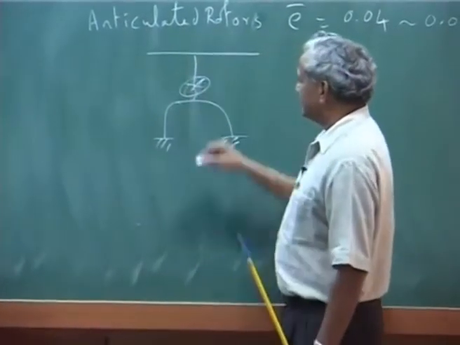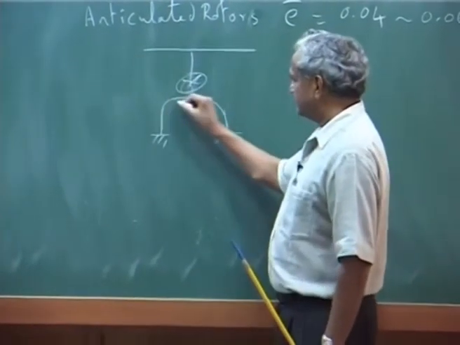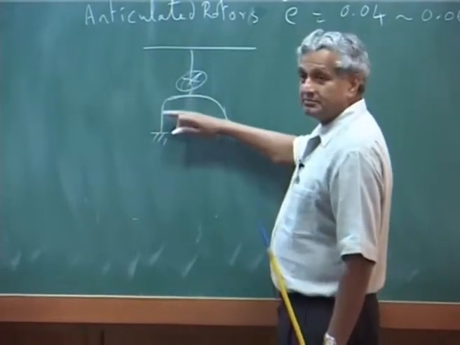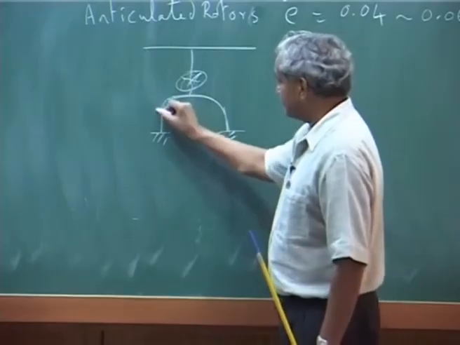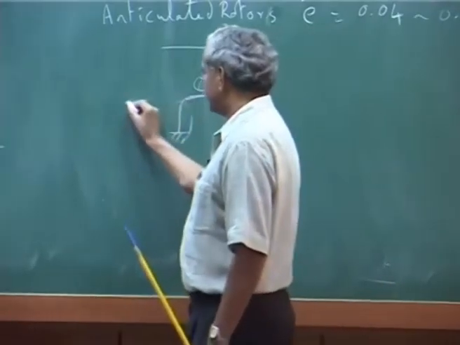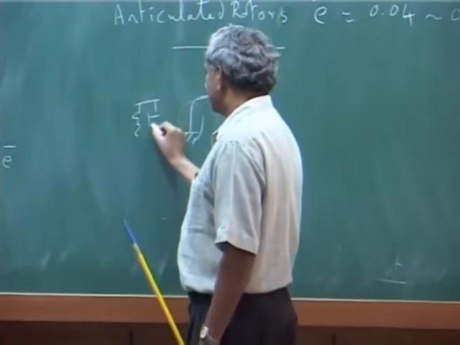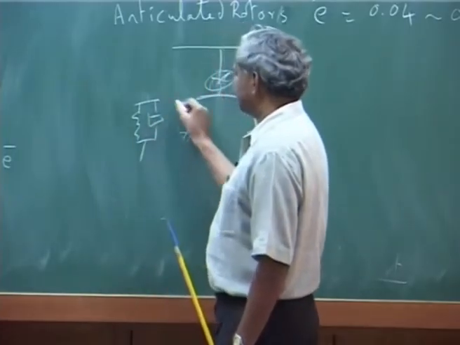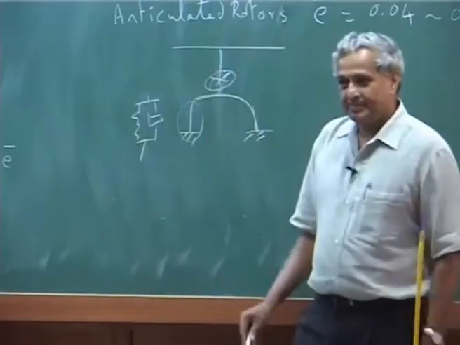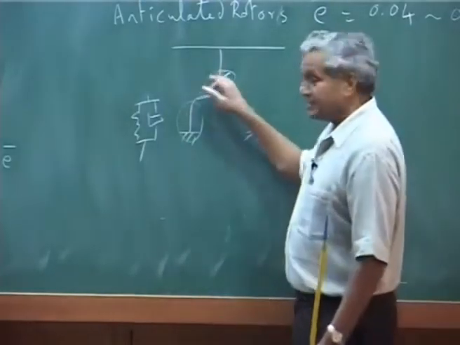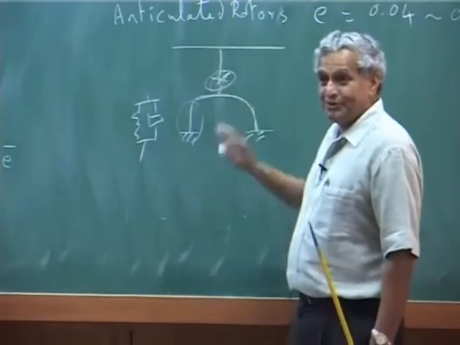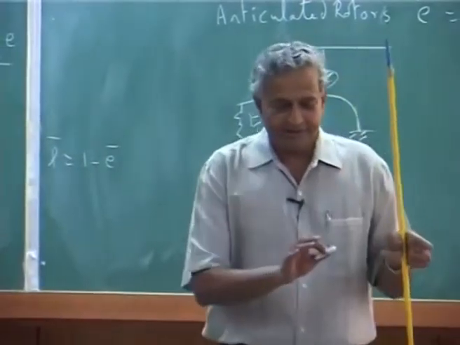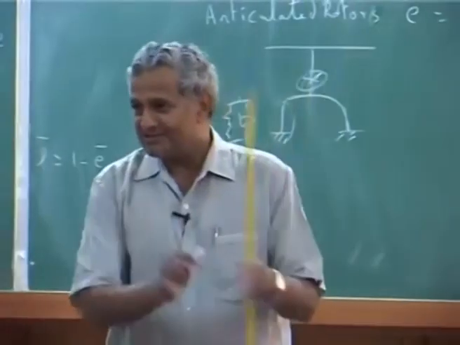Now this is supported, landing gear support. On the ground, this can be modeled by this spring and damper. That means this can pitch and roll. Okay. The physics is different in each case,